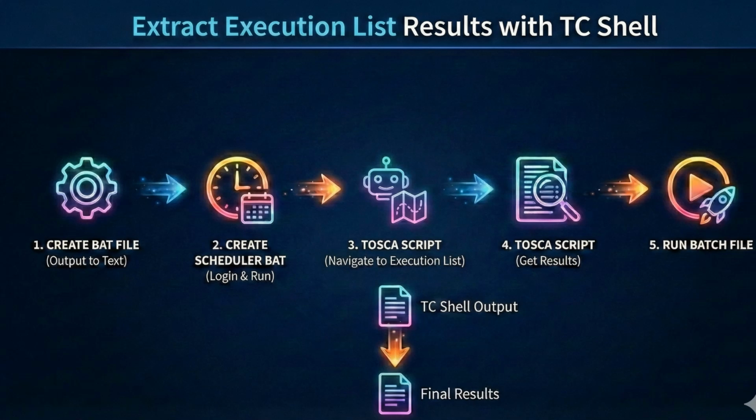Now this text file will have all the final results, but it will still be in a text format, which is not very user interactive. To make it more user interactive, I have created a Python script which you can directly run in order to create your own Tosca dashboard with all the results, which will be converted from a text format into an HTML format. I have packaged the entire solution, which is the bat files, the TCShell scripts, the Python generator,